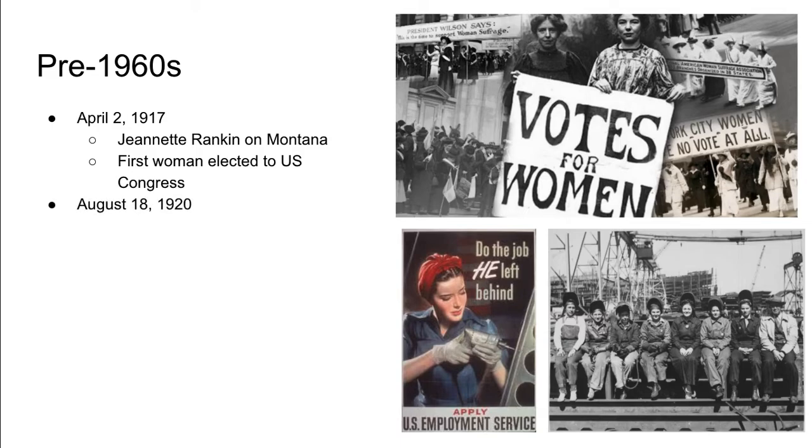August 18th, 1920, so again, this is only 100 years ago, we have a ratification of the 19th Amendment. This is the amendment which determined that you cannot be denied voting rights based on sex. So this was the right to vote, a big moment, because prior to this it was just men that were voting. And it not only provided votes for white women, but also African American women, women of color. So this was a really big amendment that encompassed a lot more than just women. It was a huge civil rights moment across the country.